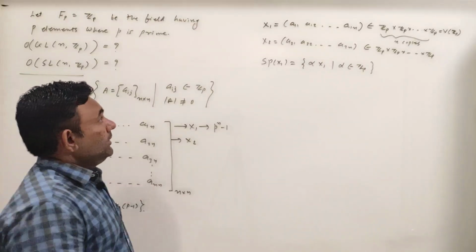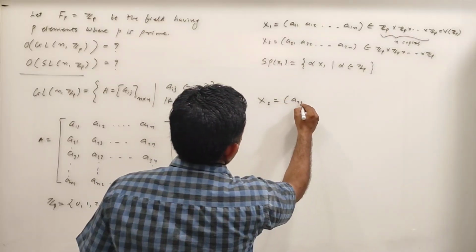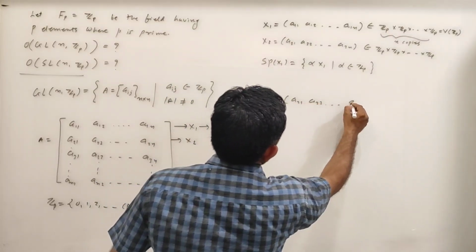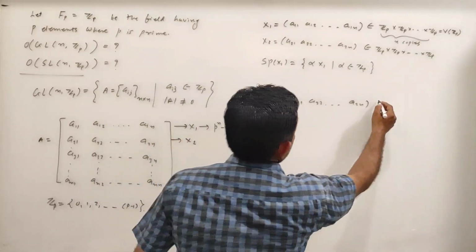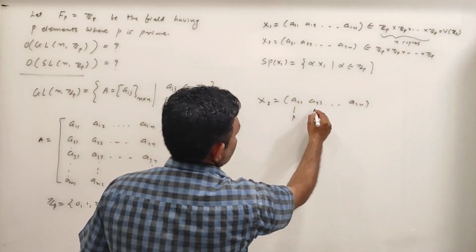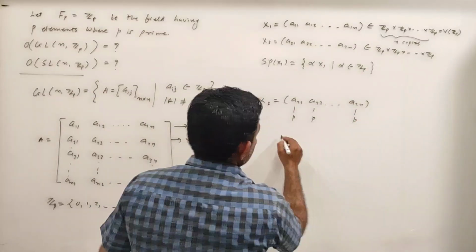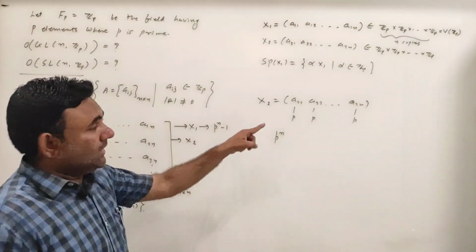Right? Okay, now what are the choices for x2? x2 is a21, a22 and so on a2n. So how many choices are there for this? It is again an element of Zp cross Zp. So a21 has p choices, this has p choices, this has p choices. So total are p raised to n choices. But among that,